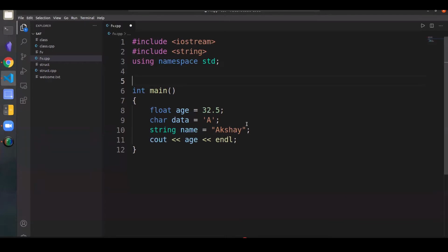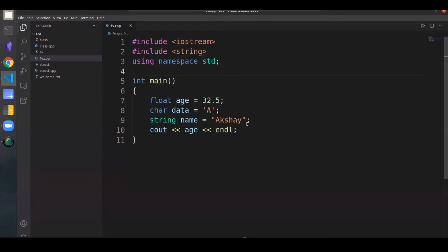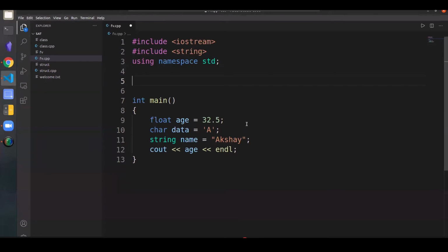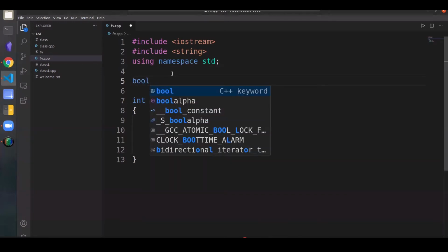Okay, and you feed this instrument some kind of input, and that function, that instrument may or may not produce some kind of output. Most functions produce some kind of output when you feed them input, but there are some functions which don't return any kind of value. So let's go with the first type, which is the kind of functions that will actually return a value. The kind of instruments where you feed input and then you get output. So let's see the first kind of functions, where you actually get an output.